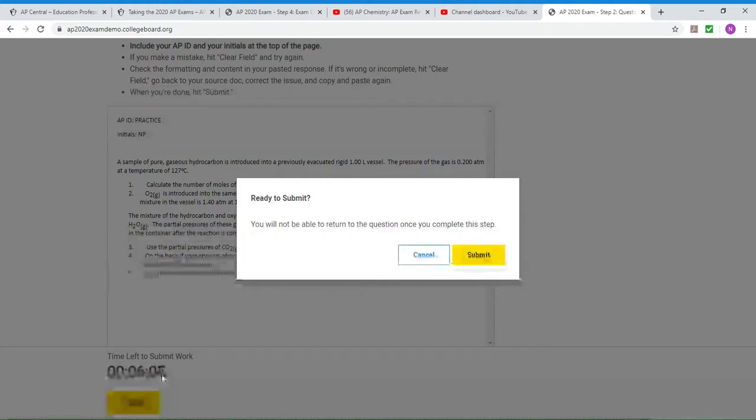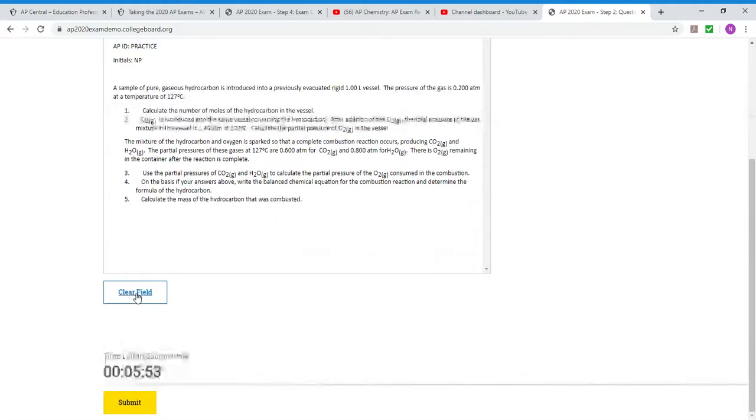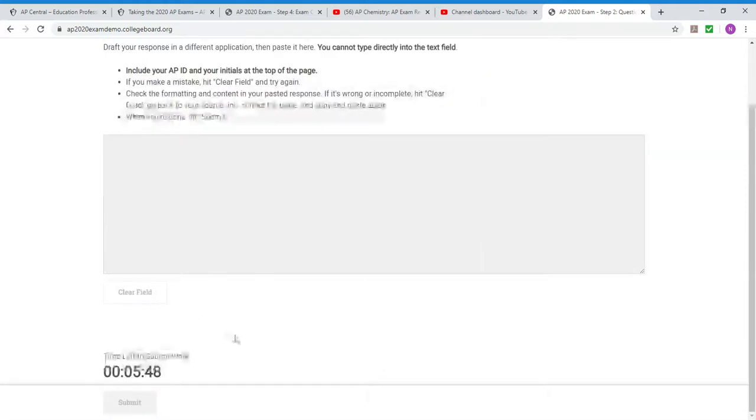My timer hasn't turned to red yet, so I could look at it and say, oh, I'm not sure I like this, and I want to go edit something, and then, oh no, you can't edit in that window. So what do you do? Well, if I scrolled up, you have this button that says clear field. So it clears everything that I just did, and I can go back in here and work on my document, which I'm not sure you can see in the video, change whatever I want,